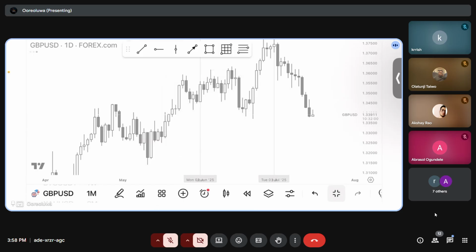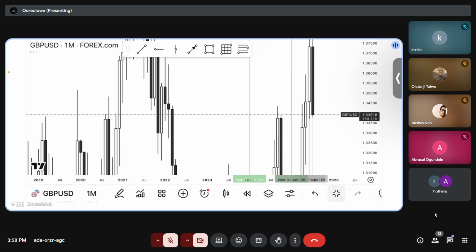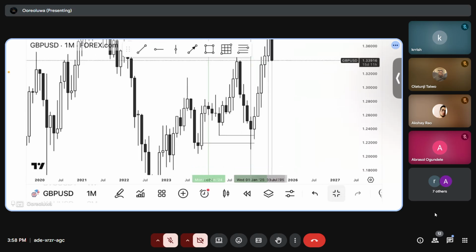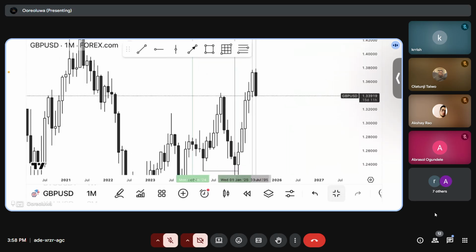The first thing you should mark out on the monthly is whether price is closing above each other, or is price consolidating, or has price wicked a high. Right now for me, I'm looking at price to do a change in state of delivery here, so I can know the high of the year has formed. So it's just what I'm waiting for actually.